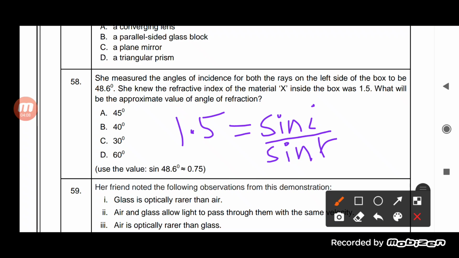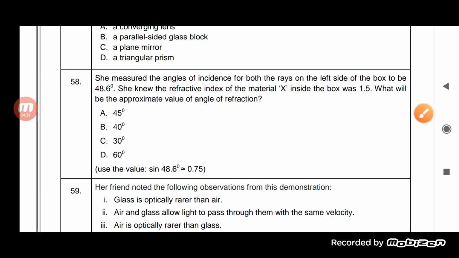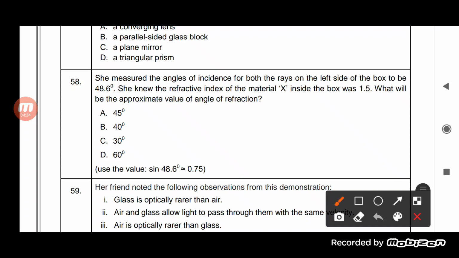The value of sin i is also given, that is sin 48.6 upon sin r, which we have to find out. Obviously everything is given, we simply have to divide. Now when we divide it by 1.5, it will be sin r is equal to